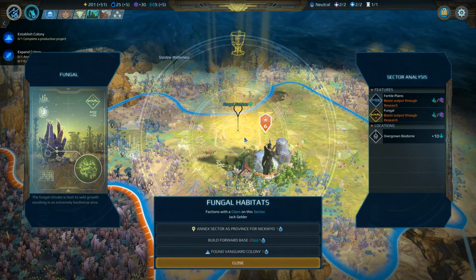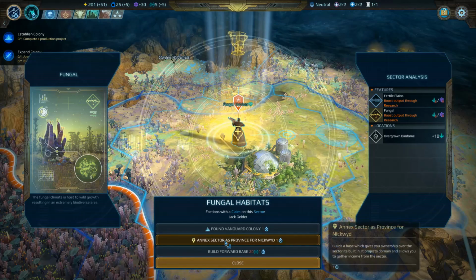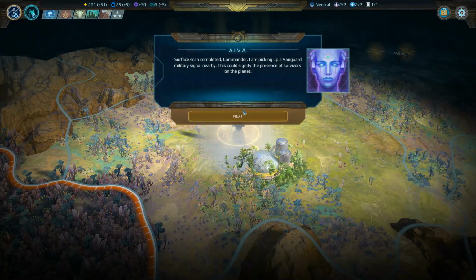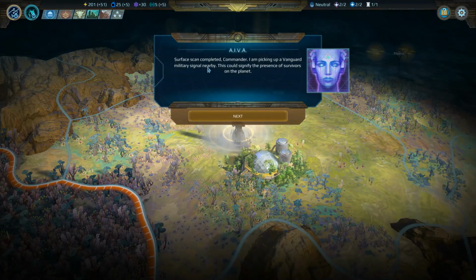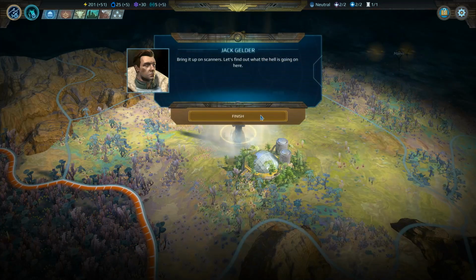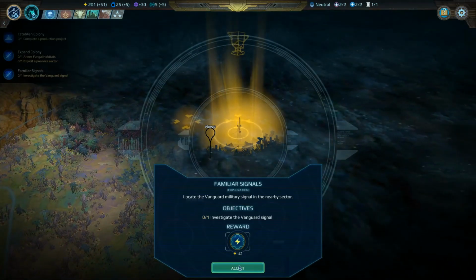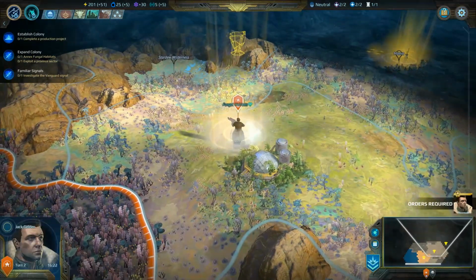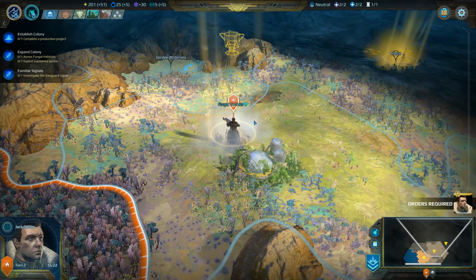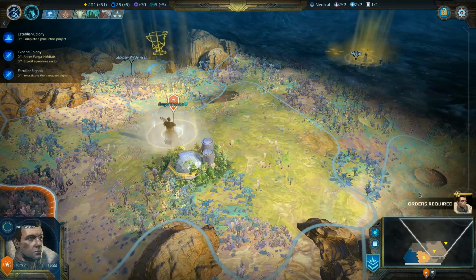Cool. Alright, so let's get you and move here. And then we can annex the sector. Picking up a Vanguard military signal nearby. This could signify the presence of survivors on the planet. Bring it up on the scanners, let's find out what the hell's going on. Alright, so we've got a signal happening over here. So with annexed this sector, it'll take a turn or so. Let's move our people towards that though. So you need orders? Let's...